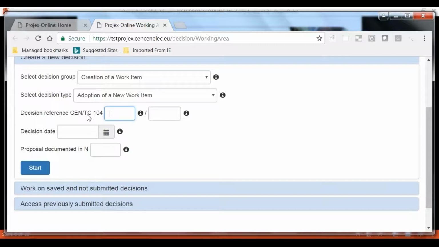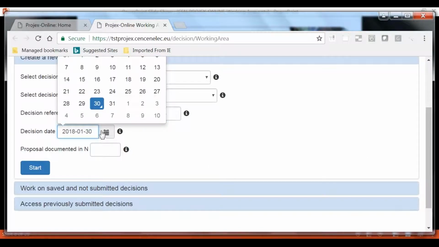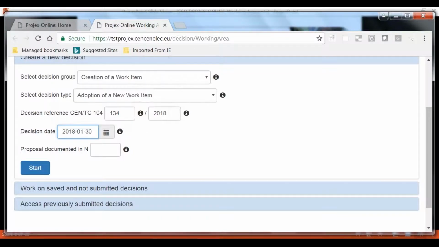Then to select a decision group, because we have a lot of types of decisions, so we decided to regroup them into 5 specific groups. For this demo, I choose creation of a work item. Then I can select the decision type, and you have the 3 that I've just mentioned before. I will take the adoption of new work item